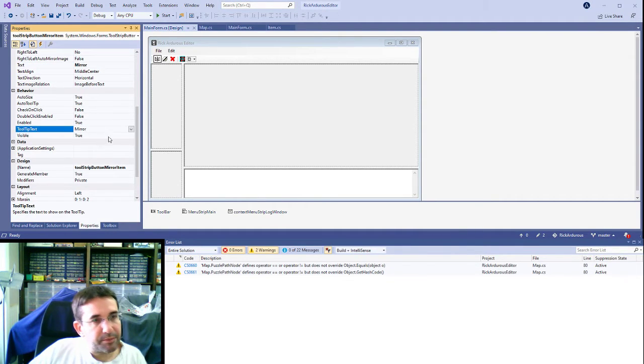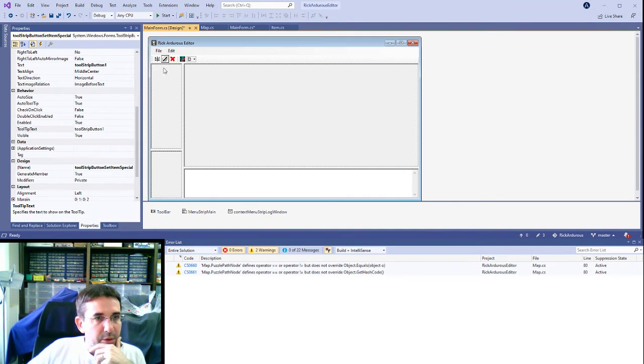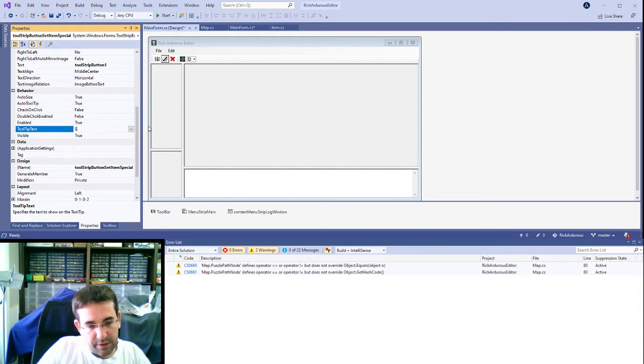Tooltip text. Tooltip text, mirror the selected item. Mirror the selected item. Okay. What about this one? This one is set the selected item special. Set the selected item special, and this one is delete the selected item,